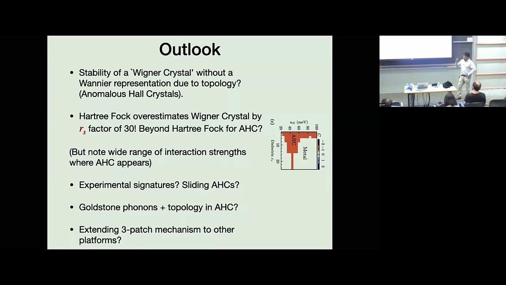Actually, this goes back to Zenbi's question. What about Goldstone modes? Are they different? It's a very interesting question because for Wigner crystals, you have 2 linearly dispersing modes if you ignore the long-range Coulomb. But if you put on a magnetic field, they combine into a single quadratic and a gapped mode. So the question is, which one does this fall into? It's not obvious, because a magnetic field breaks time reversal. But there's no applied magnetic field, so in that sense, it's like a Wigner crystal. I think we know the answer, but it'd be good to confirm it with calculations.